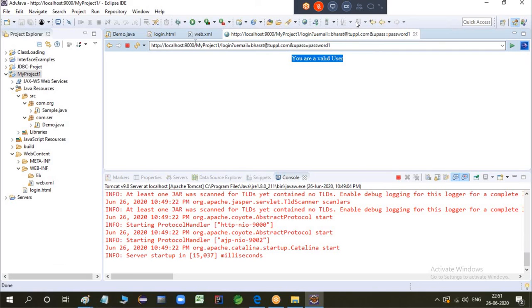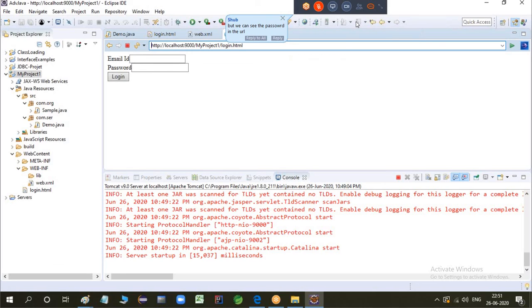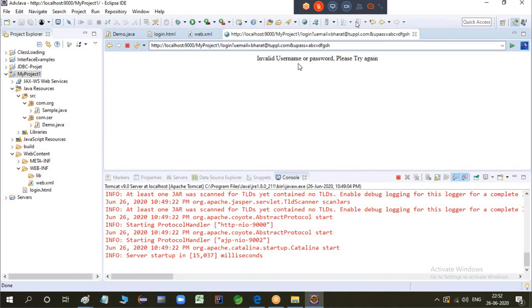If you wanted to enter something else, you just execute one more time with something else. And if you enter anything wrong, invalid username or password, please try again.